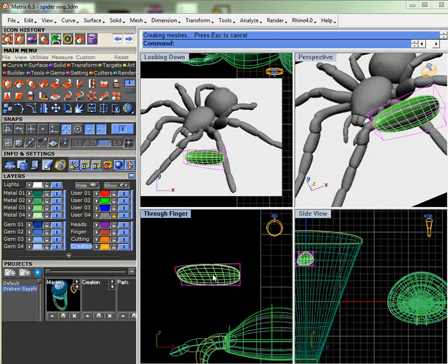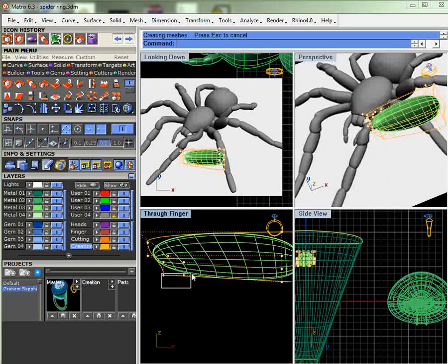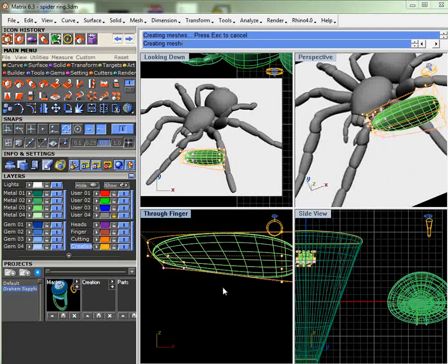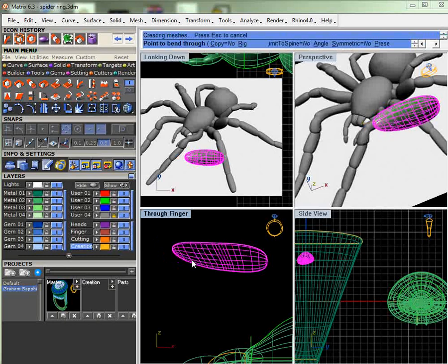Well, let's turn these on. It looks like it gets thinner here. So let's go up this way and this way. There we go. And let's go blend, or not blend, bend right there, bend, and we'll have this bend up a little. Alright,